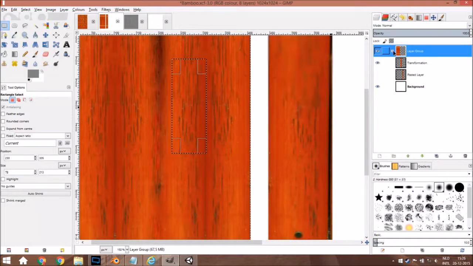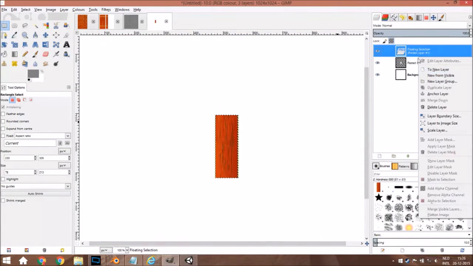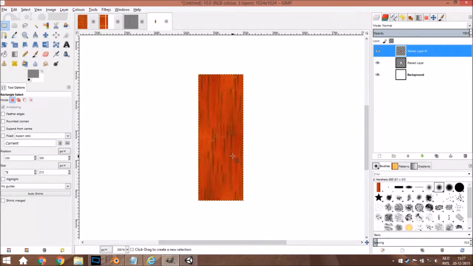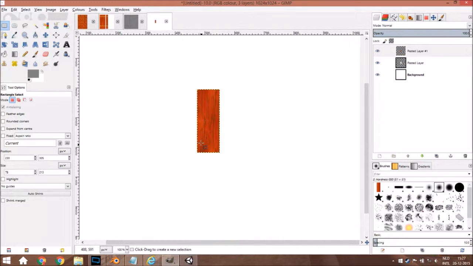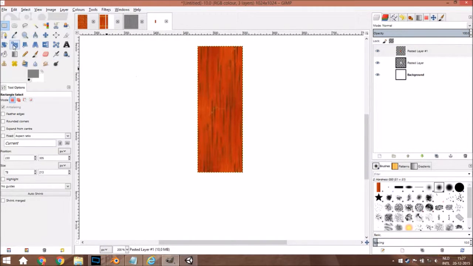So go to the right layer, that is this one. Copy it, paste it here, the new layer, filters. First let's see what Mixinus will look like, and that looks great. So we are going to use this one as the detail map, and